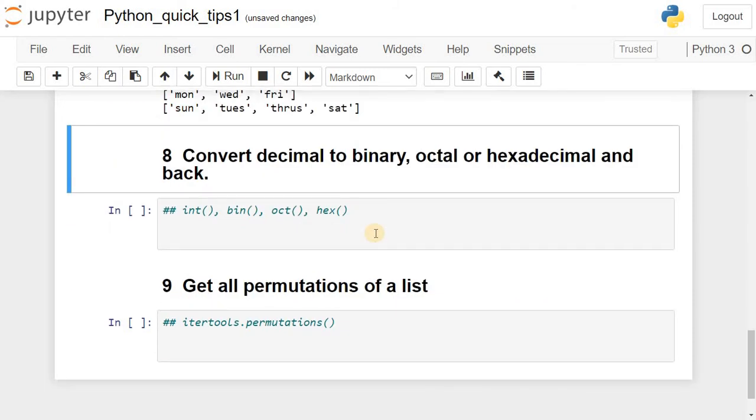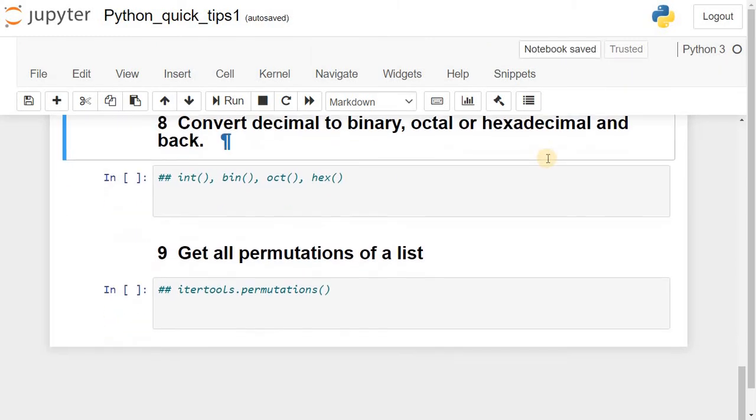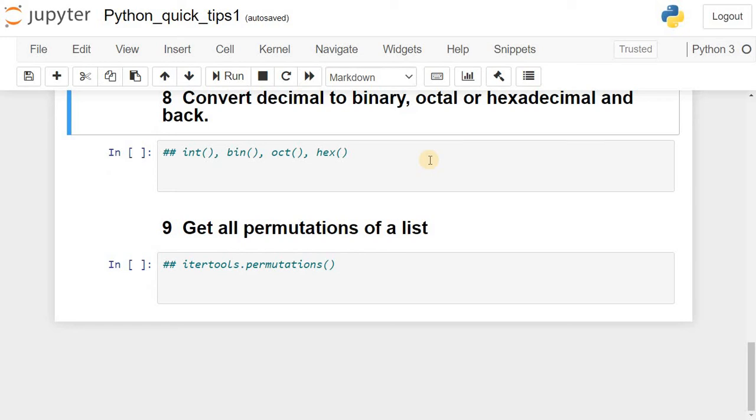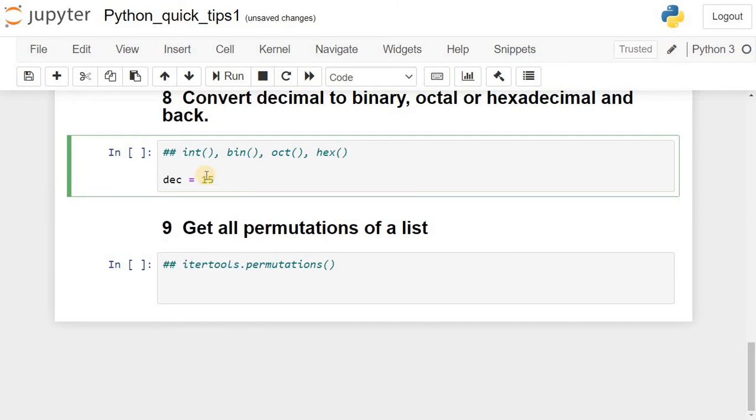Convert decimal to binary, octal and hexadecimal, and then back to decimal. For this we will use the inbuilt functions int, bin, oct and hex. First we are creating a decimal number 15.